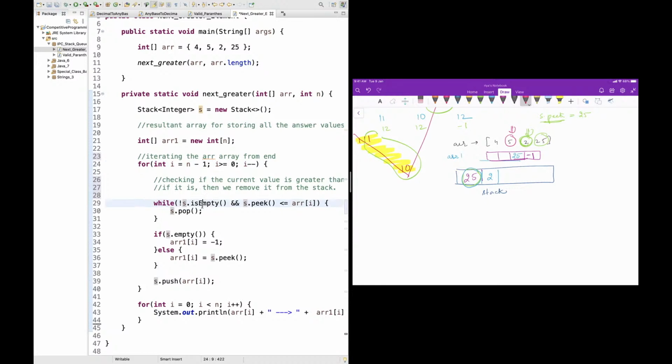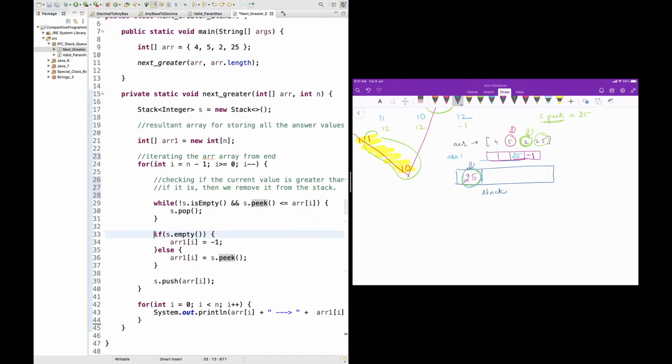अब मैंने कंडीशन चेक करी, stack was not empty, this condition is true, and also this element was greater than the element that is present at the top of the stack. So both conditions of the while loop are true, so you simply pop the element. That means 2 is removed from the stack. Then you try it again, but 25 is not greater, so you cannot remove 25, ठीक है.